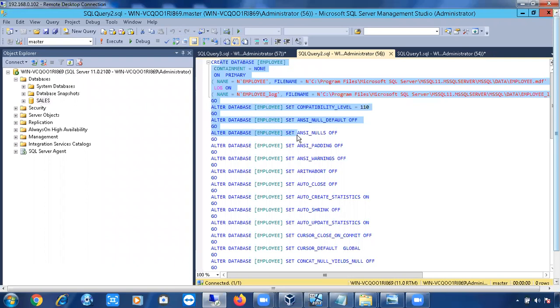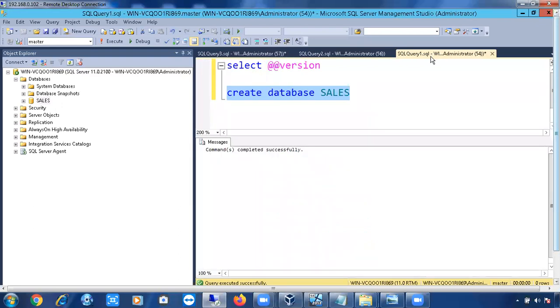If you script out the database, usually you will get all these options. If you are creating it manually using the GUI option, you simply have to provide the database name, with no need to provide all these things. But in the organization, sometimes you will get a request to create a database using a script. So don't worry about why this big script is there. This is a common practice. SQL Server will add some default options to the script, so you have to run the script to create the database. If you are creating locally or for practice, you can simply create a database with the command create database name.